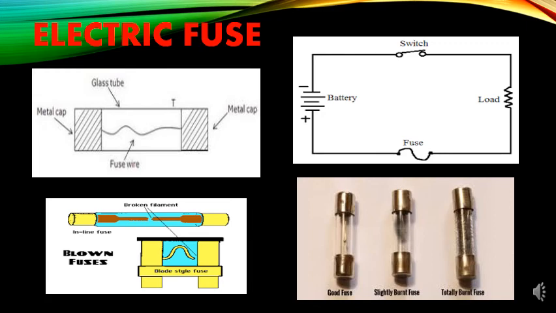So what will happen? When the current in a household circuit rises too much due to some reason, then the fuse wire gets heated too much. And since the melting point is very less, what will it do? It melts and breaks the circuit, due to which the current stops flowing. This prevents the fire in the house due to the overheating of wire and also prevents the damages to various electrical appliances in the house due to the excessive current flowing through them. Therefore, an electric fuse is a very important application of heating effect of electric current. You should remember the wire used in the electric fuse is very thin and it has very low melting point.